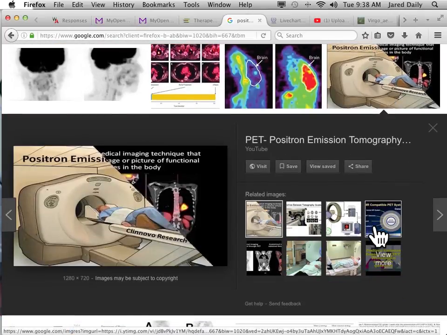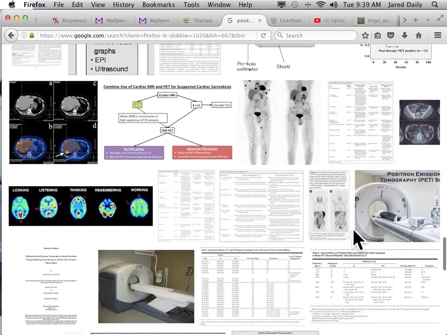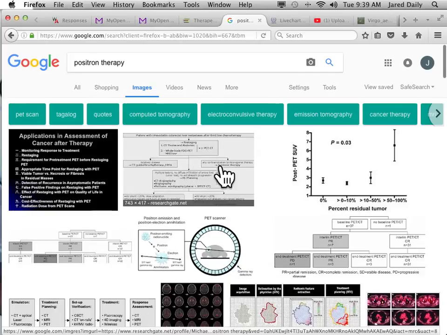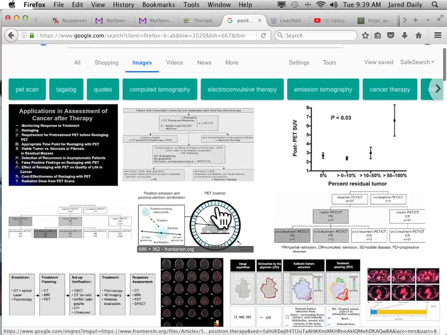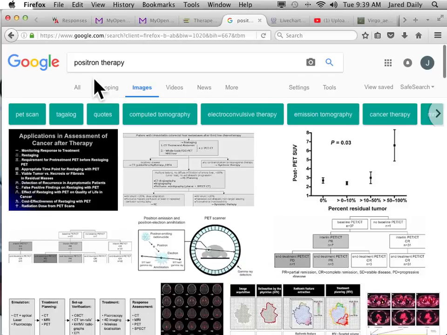So here's a positron emission tomography machine where they use those positrons to map out things, to actually look for things. And then there are positron treatment therapy machines as well, where they actually bombard the body with positrons, another high form of ionizing radiation, to kill off things. So anyway,